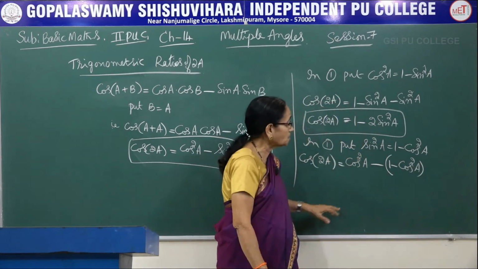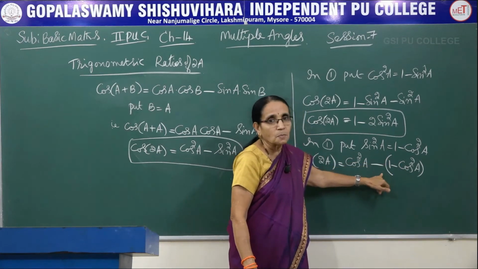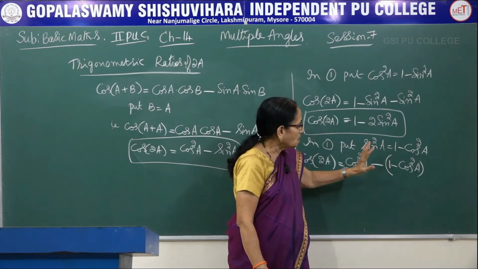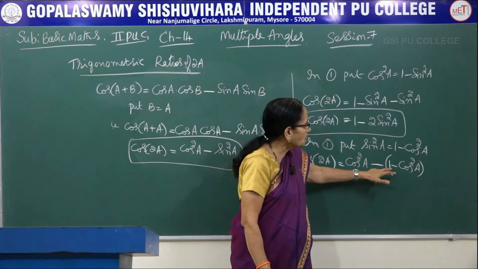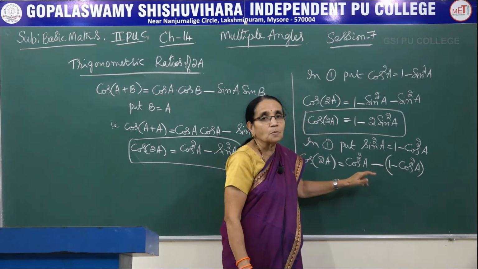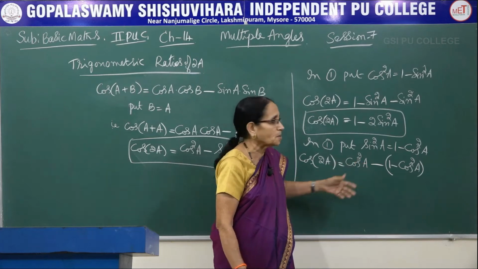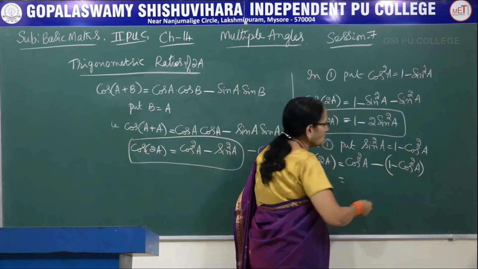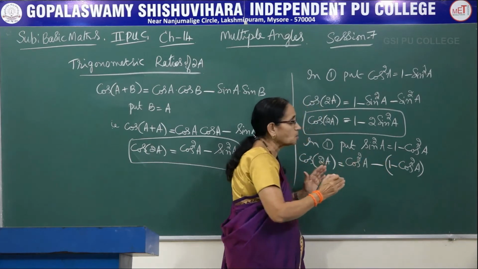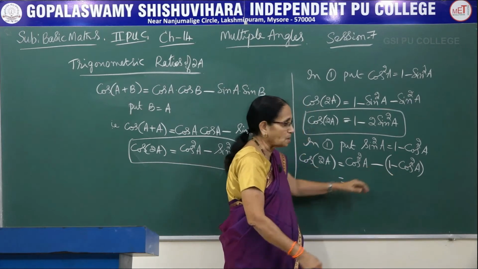Why I have written is, when there is a positive sign, you could have written the terms without writing the brackets. When there is a negative sign, make it a habit to write the bracket. Otherwise what happens, we are only multiplying 1 by the minus sign. We forget to multiply the second term, and automatically it would be an entirely different result. Okay, the terms may get cancelled, we will be getting a wrong result here. Not only here, wherever you come across a minus sign, if there are more terms, always make it a habit to write the bracket so that you will be multiplying all the terms by the minus sign outside.